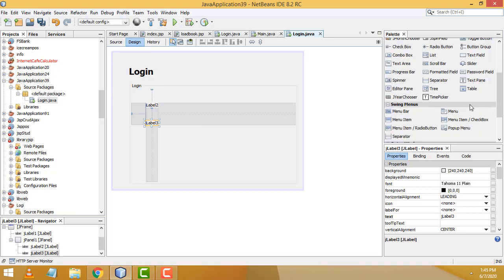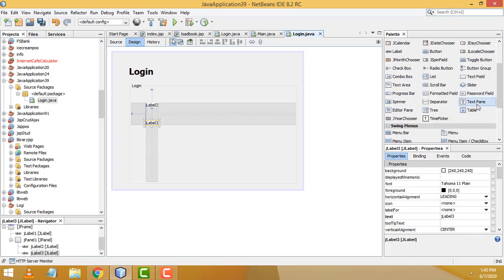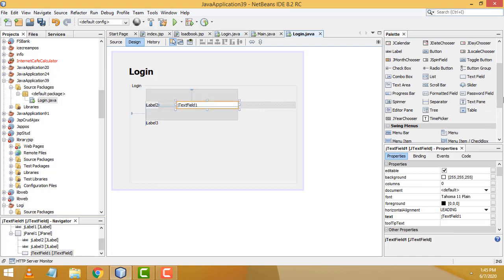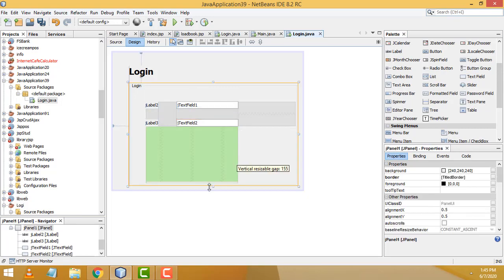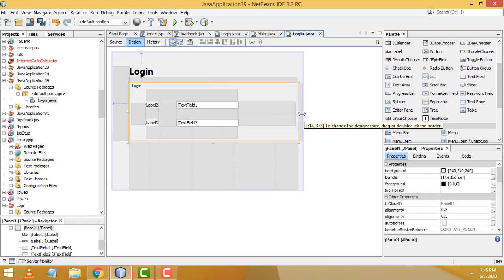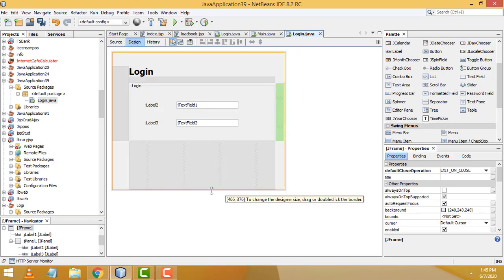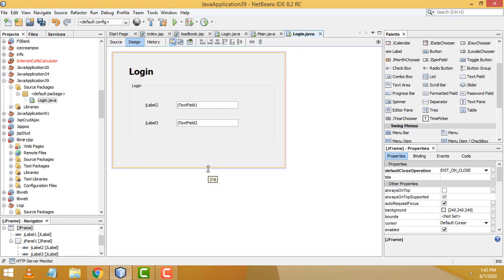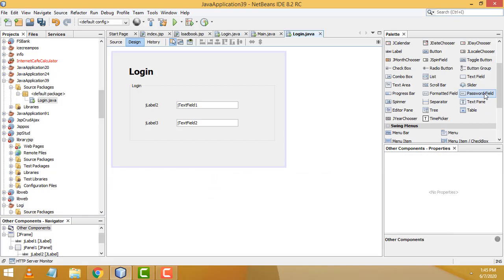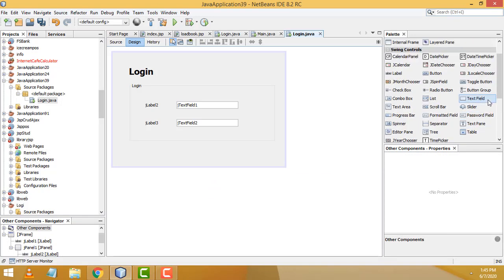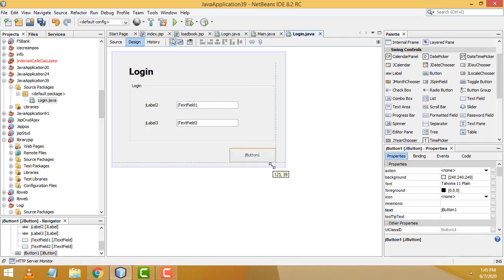Now here I am going to drag two labels, two text fields, one button. This one should be Login.